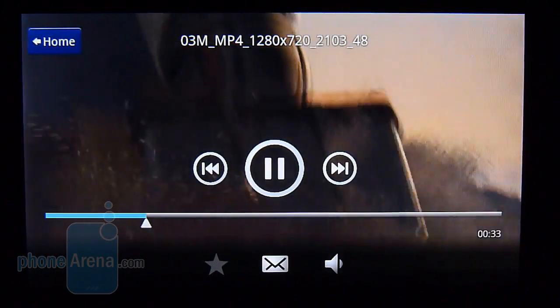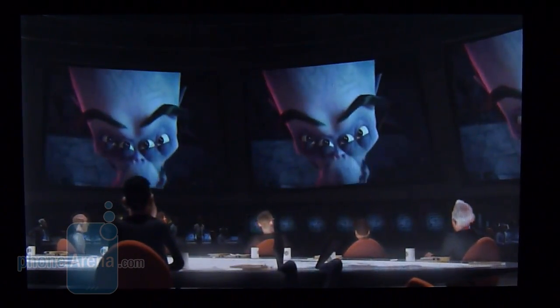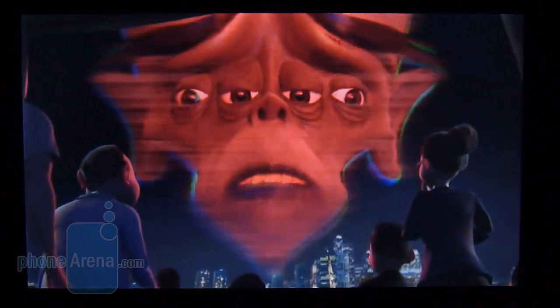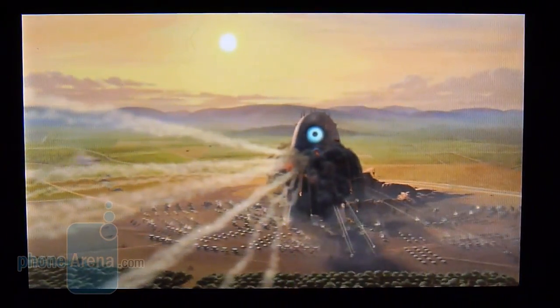We got a video trailer here encoded in MPEG-4 1280 by 720 resolution. As you can tell, it's running fairly smoothly. It didn't have any instance of any stuttery movements or even slowdown, and it just shows off the power of the processor here. And of course, it's fitting just because it has a 4-inch display,